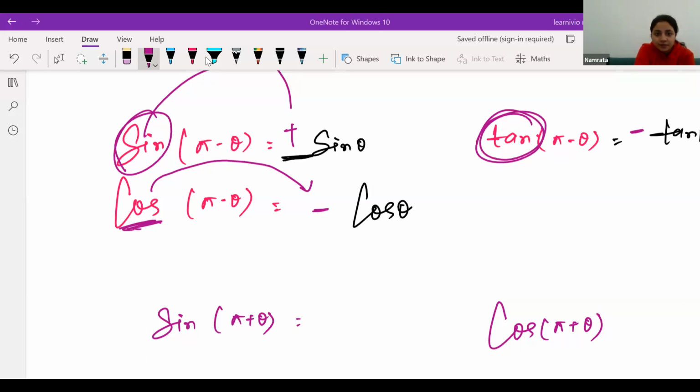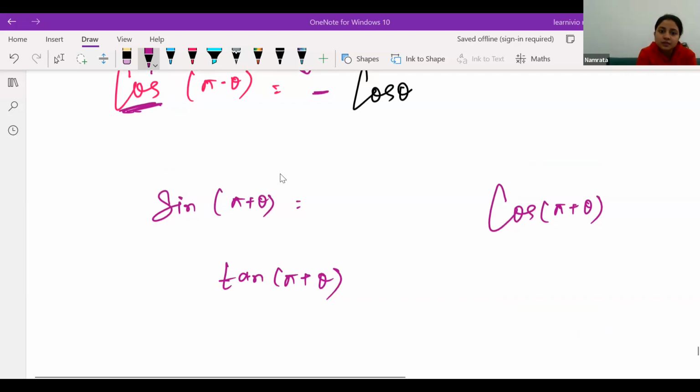Faza: Ma'am, minus sin theta. Yes, it will be minus sin theta. Tan pi plus theta will be,